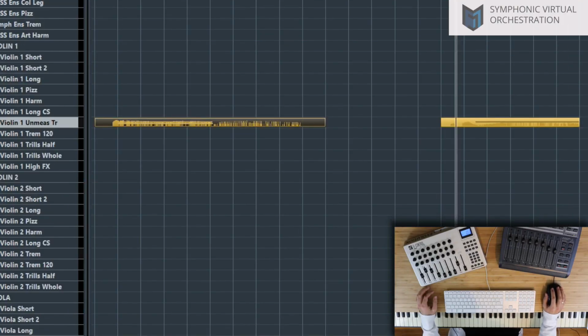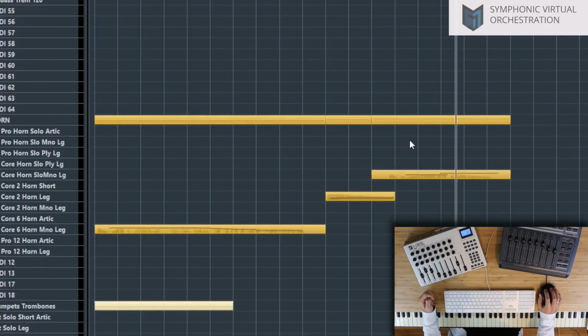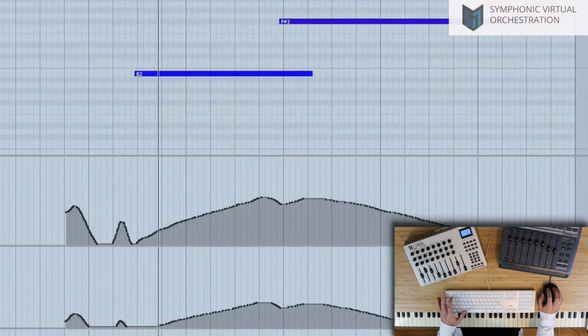Very simple texture here. We've got a piano with a lot of delay, a synth, and the strings, some long notes here and there. We had some low strings first coming in, we had a horn, a simple horn melody motif coming in first, and then